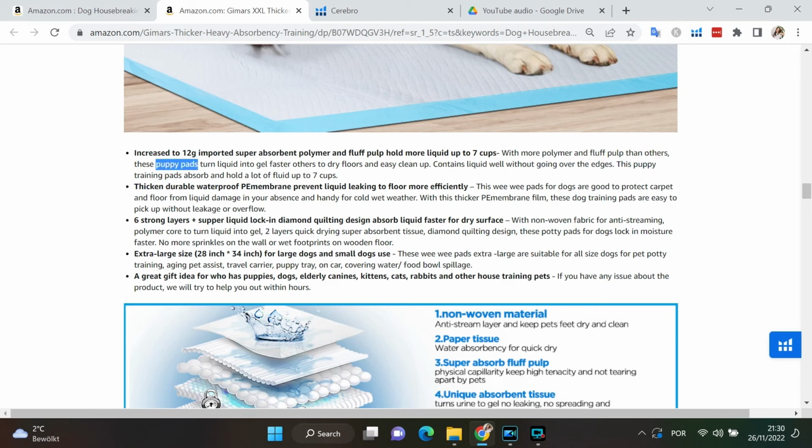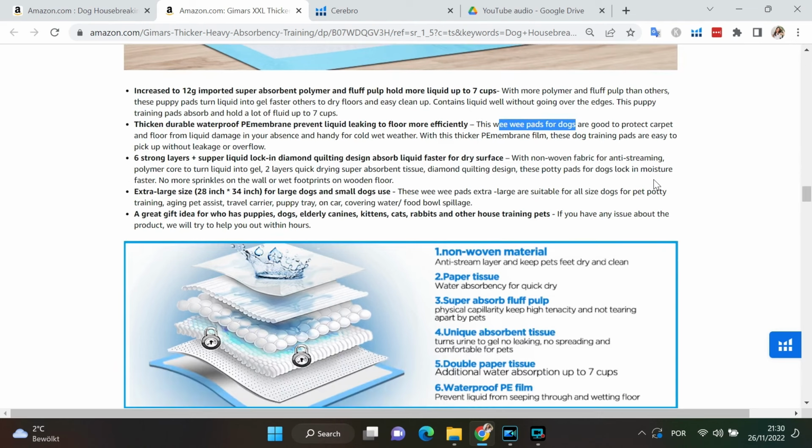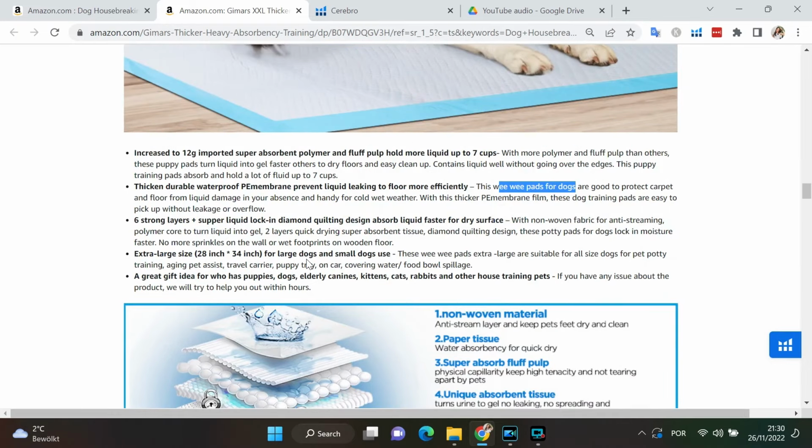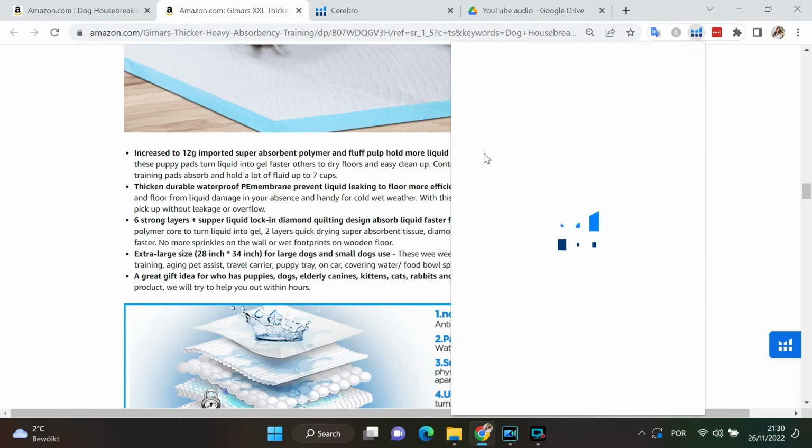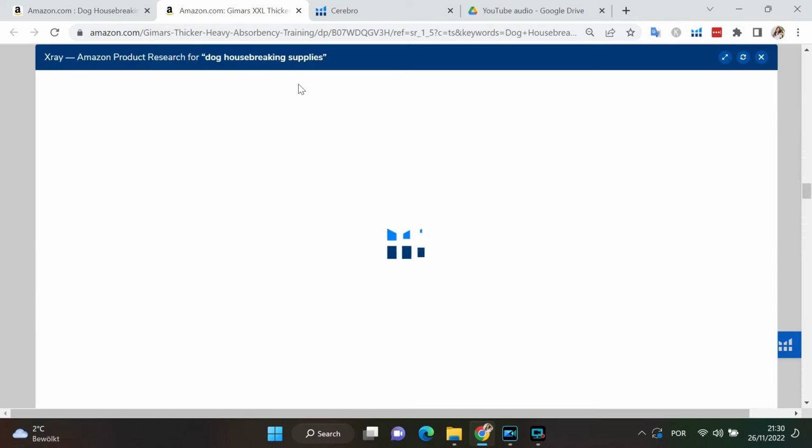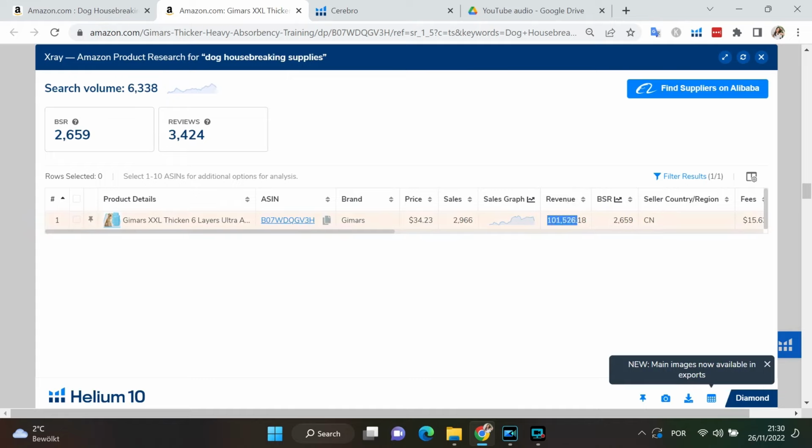Puppy pads, puppy training pads, so I think we have a winner. These are our top keywords for sure. Wee-wee pads for dogs. And in this case, essentially, they are just repurposing the product features. But the point is, this is one of the top ranking listings that probably sells a lot, and we could actually find out exactly how much they make. Yeah, this listing sells 100K currently a month, and it focuses super strongly on those few keywords that people seem to type to find this product.